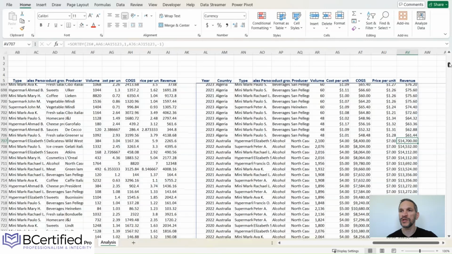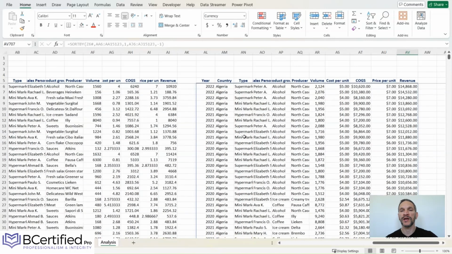So I can have more than one criteria to set up my data in a certain order that, again, is required for analytics or for decision